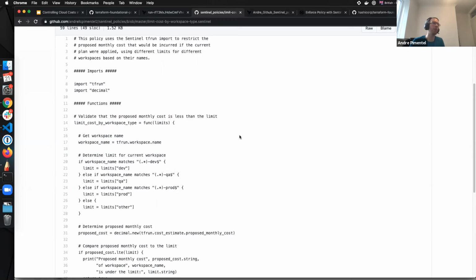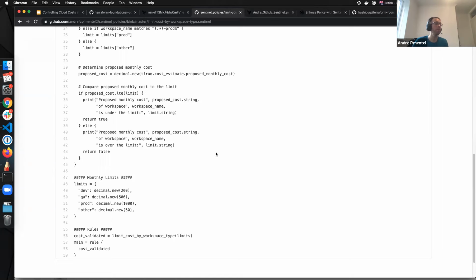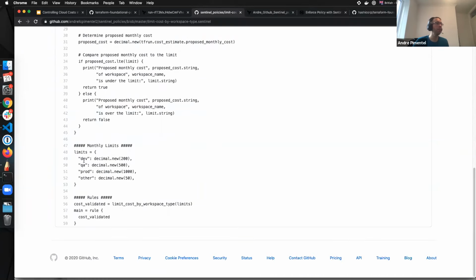So we can actually have any regex on our workspace name, and I'm assigning them to my pipeline stages. After that, I am assigning monthly limits according to my pipeline stage workspaces. If it's a dev workspace, I should be able to spend $200, QA 500, prod 1,000, and other, if they don't have that suffix, only 50.